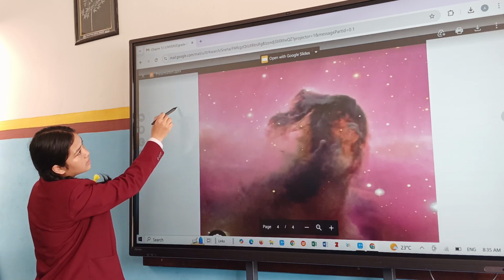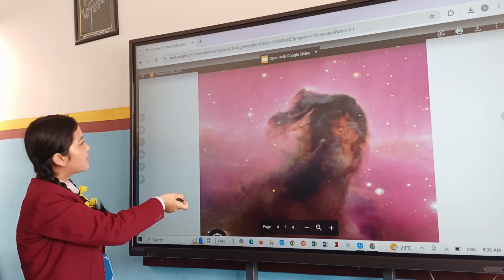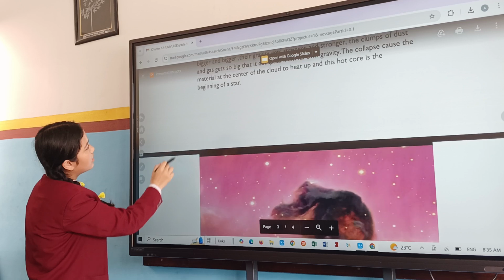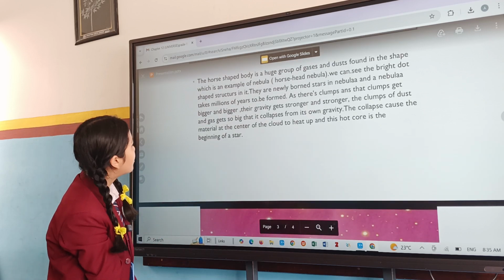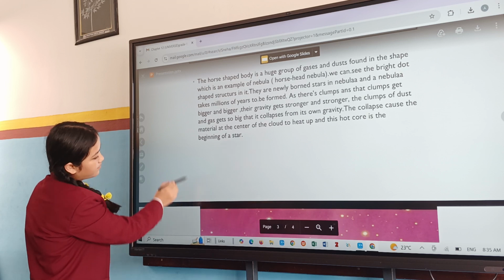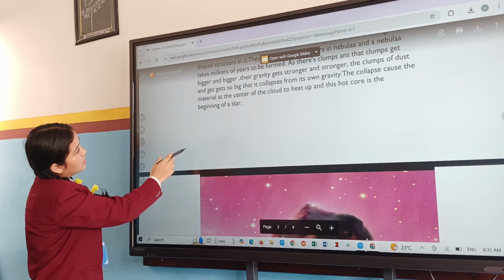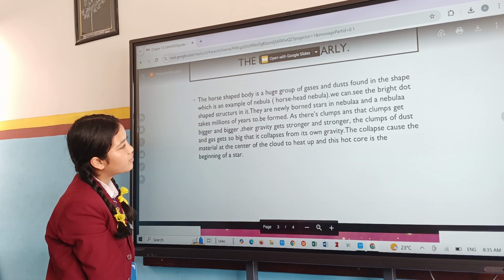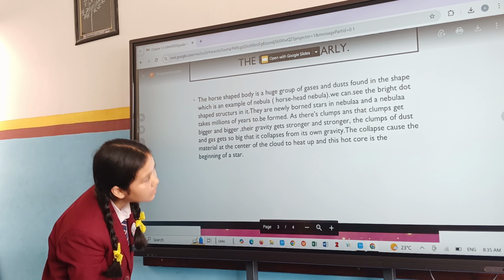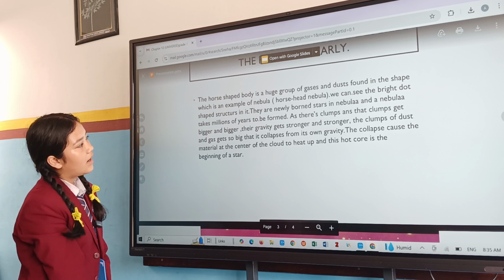You can see here, this is the picture of the Horsehead Nebula, and we can see the bright dot-shaped structures in it. These are newly born stars in the nebula. A nebula takes millions of years to form, and there